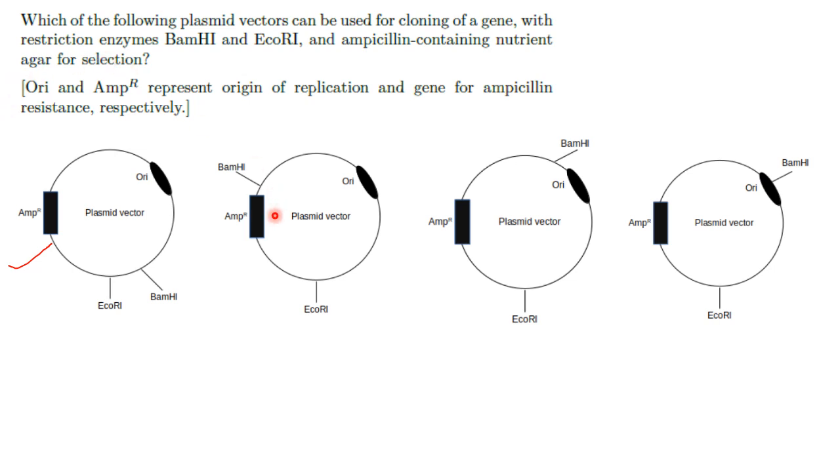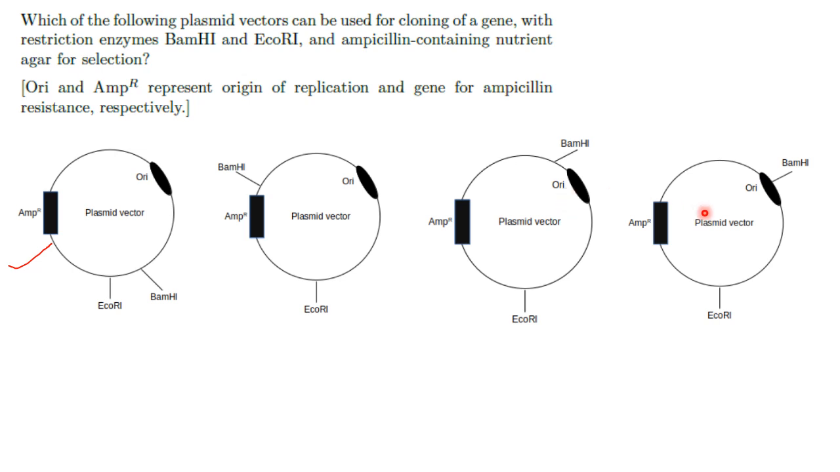So that is not possible. Now here if you see, BamH1 is removed, EcoR1 is acting. Here is your ORI. Now the ORI will be lost. That is, your origin of replication itself is lost. So the plasmid is not going to be divided. So that cannot be used for